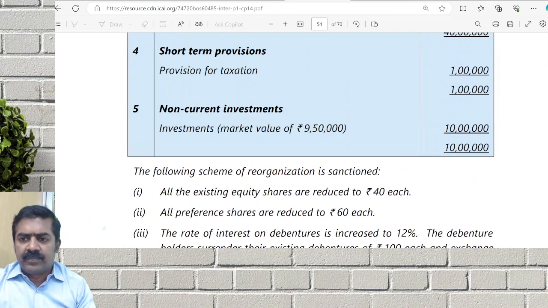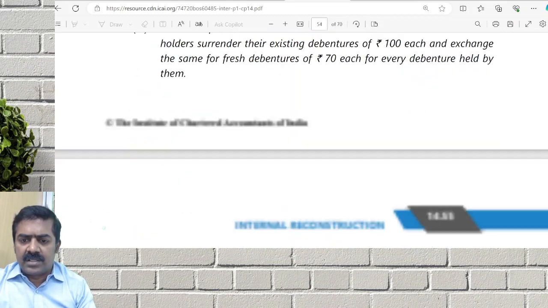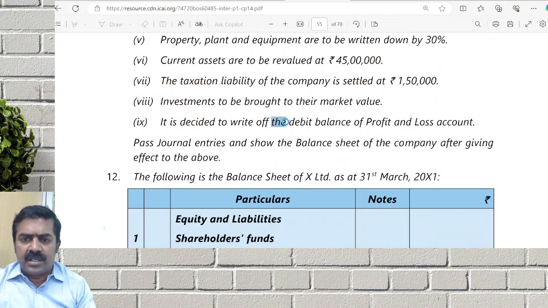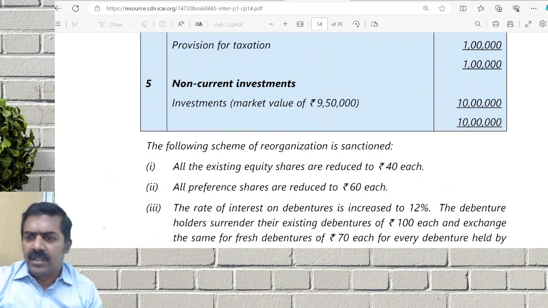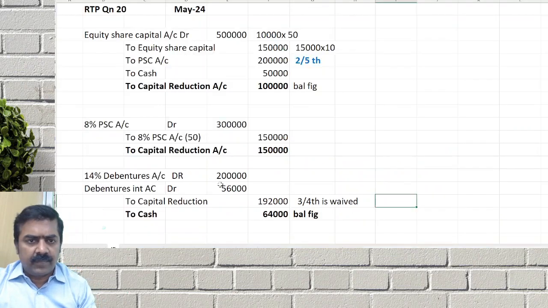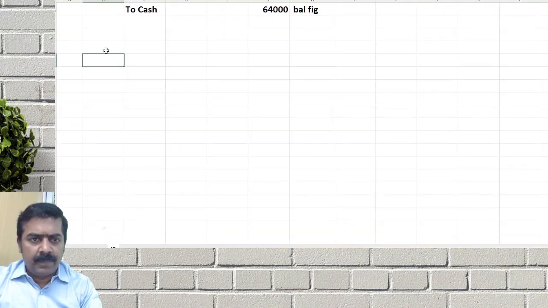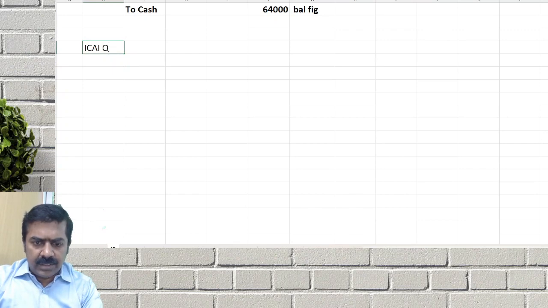What is the value? 10 lakh to 9 lakh 50 we have to adjust it. Write off debit balance in which account? P&L account. P&L account. So let us go one by one. Let us do it in the notebook. Start. ICAI question number